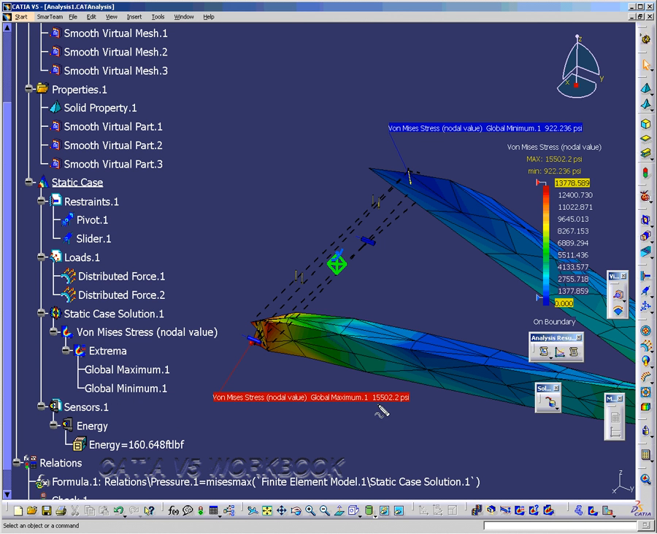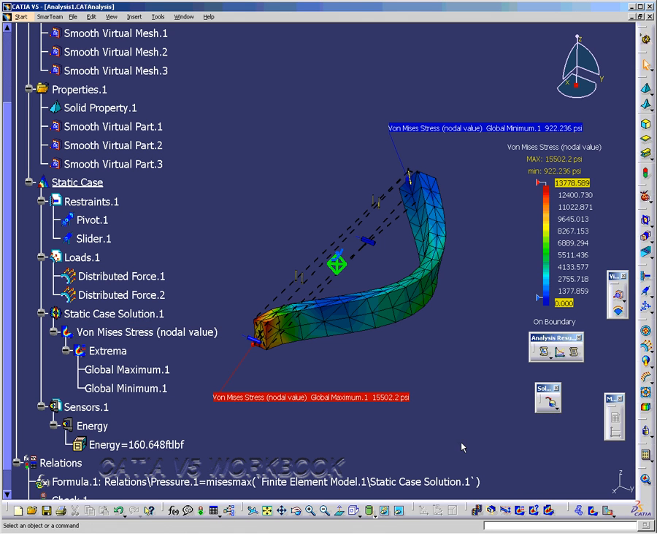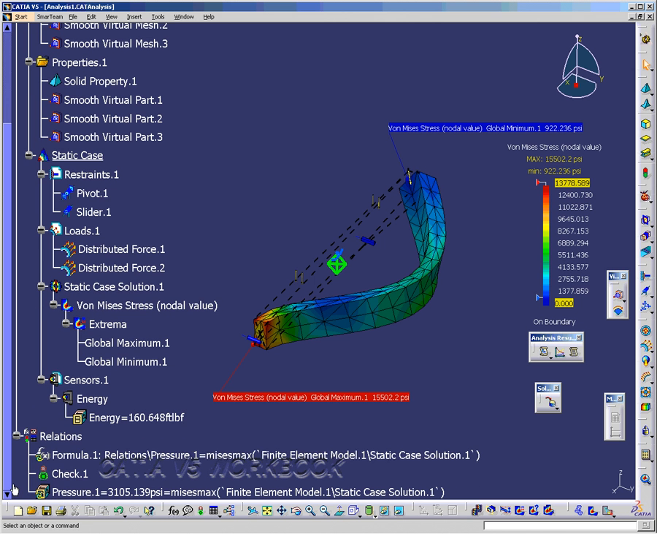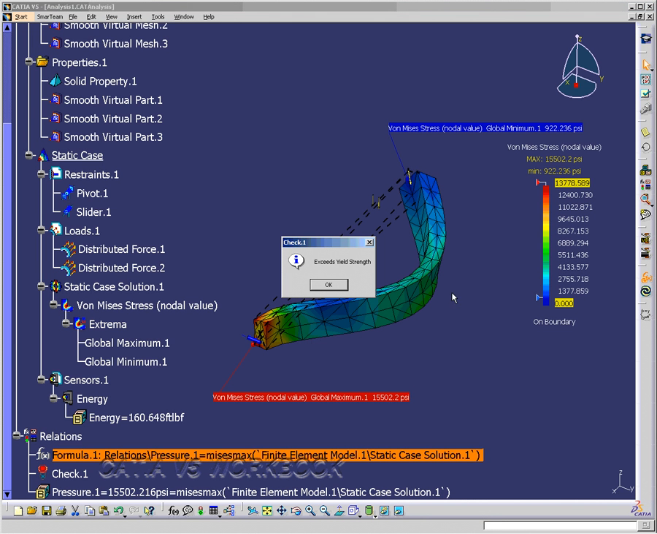So now I have 15,502 pounds per square inch. I'm going to change the deformation scale to be a little bit smaller. And now notice that we've exceeded the yield strength that we specified in the color palette. This gives us a good range and a good check. Now I'm going to go into the Knowledge Advisor and click the Formula Update, and notice that our window box displays our message, exceeds yield strength. So that's a way